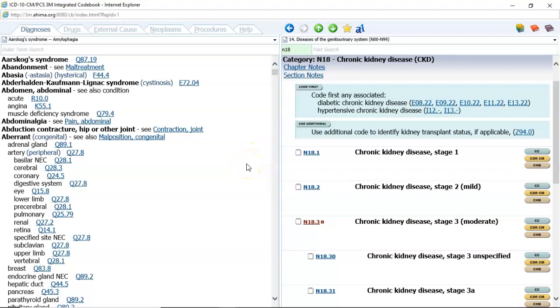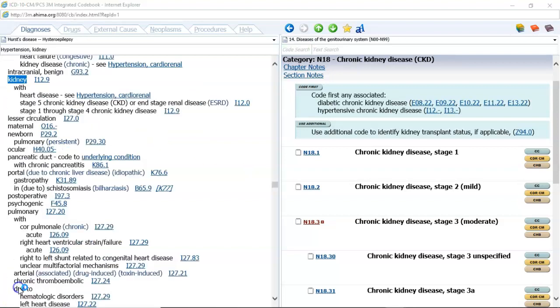Chronic kidney disease can occur with other conditions, and there are guidelines specific to those conditions in the chapters. In this last example on 503, the patient has chronic kidney disease due to hypertension. And in the index, we go to hypertension and then kidney, and we'll see "with." And then we have